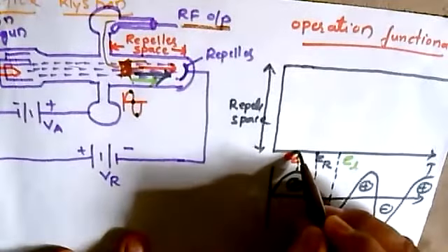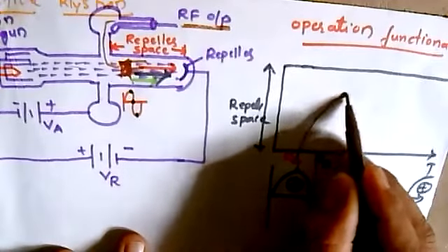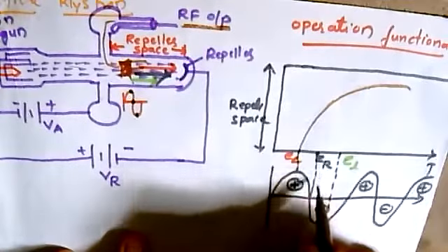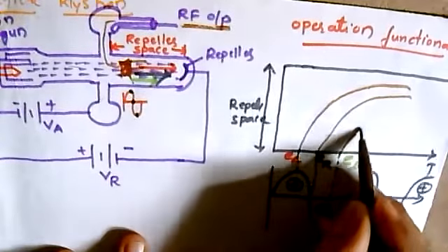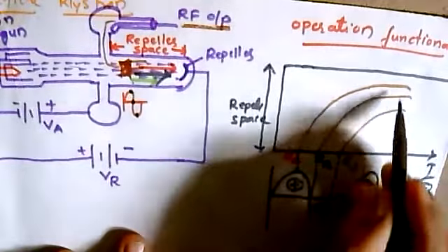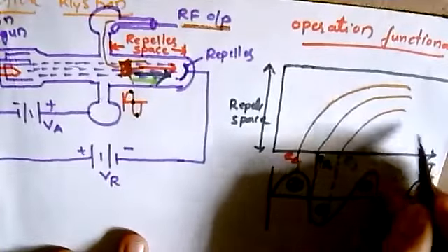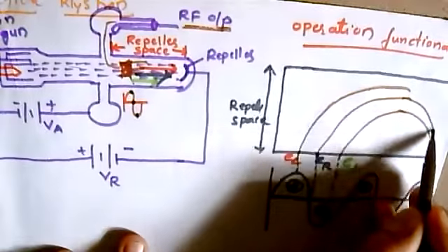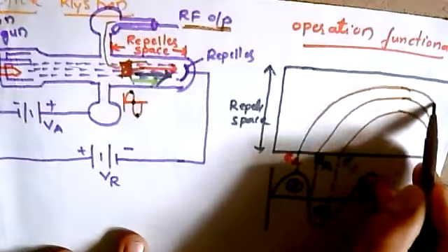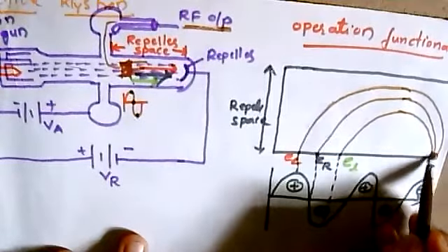So due to the early electron, it keeps on moving over here, and the reference electron will be moving like this, and the late electron will be moving like this, and they form a bunch at a point in such a way that at a particular point they form a bunch. So you can observe that a bunch is being formed.